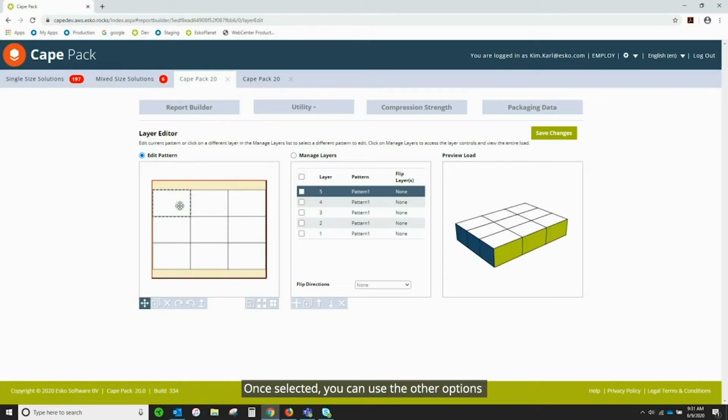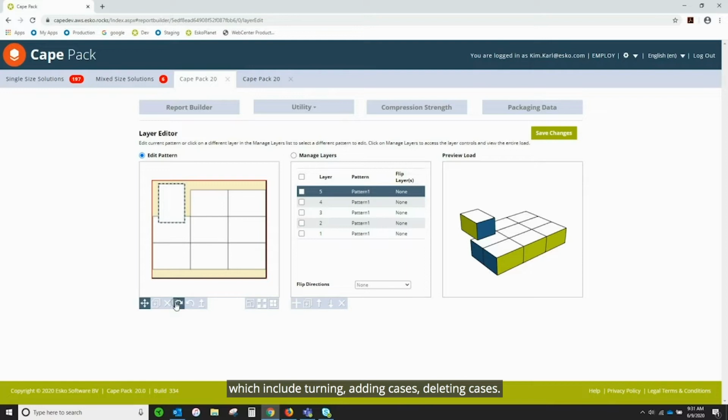Once selected, you can use the other options, which include turning, adding cases, deleting cases,